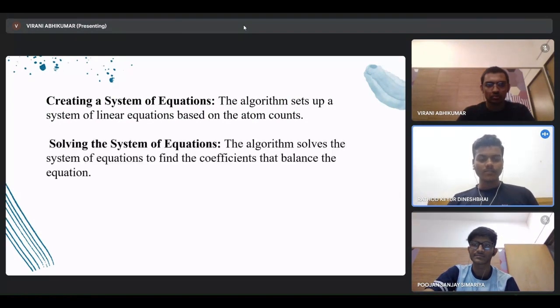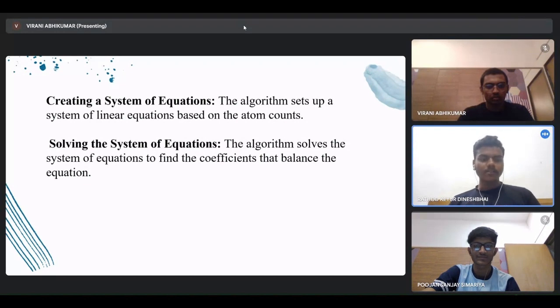Then we solve the system of equations. The algorithm solves the system of equations to find the coefficients that balance the equation. Here is where we introduce the matrix